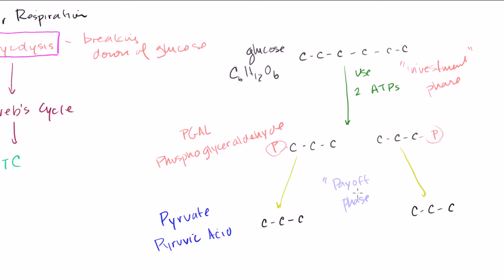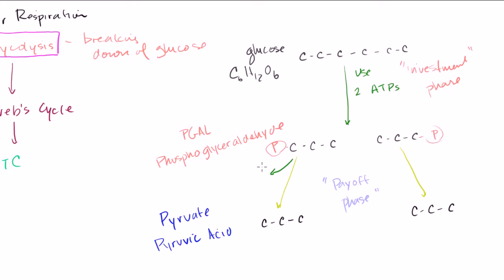But I personally at least like the black background a lot better. But this is the payoff phase right here. And so when we go from the phosphoglyceraldehyde to the pyruvate or the pyruvic acid, we produce two things, or I guess we could say we could produce three things. We produce each of these